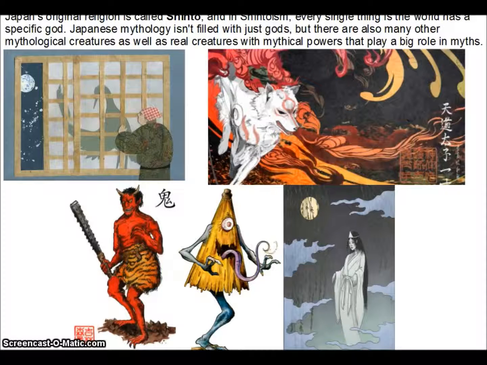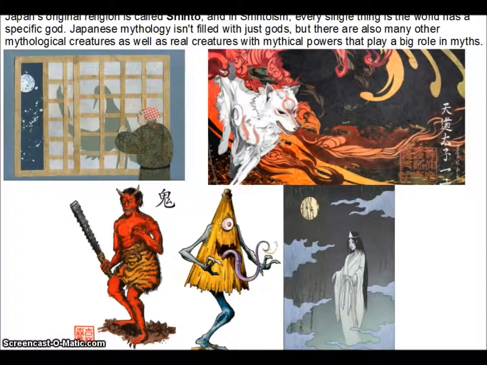People will still talk about the computer kami or the technology kami, or the kami for tests if you're trying to pray to get a good grade on a test. And Japanese mythology isn't filled with just gods, but there are also many other mythological creatures,